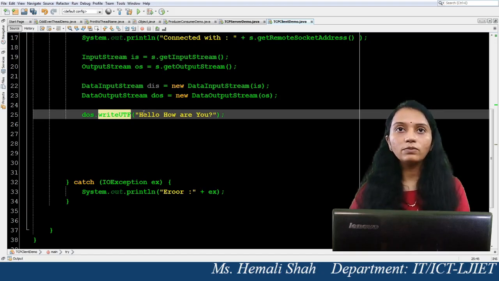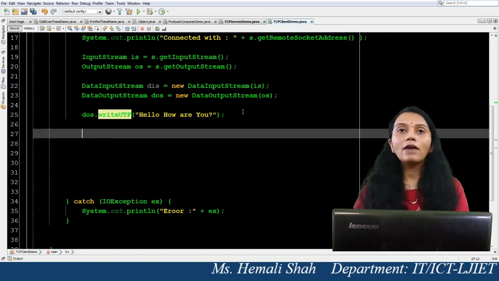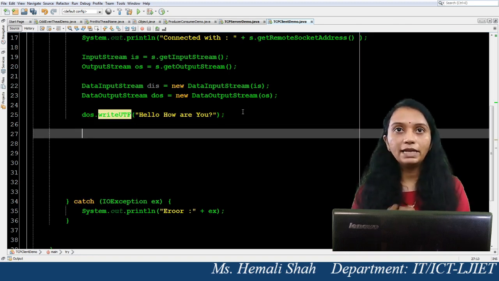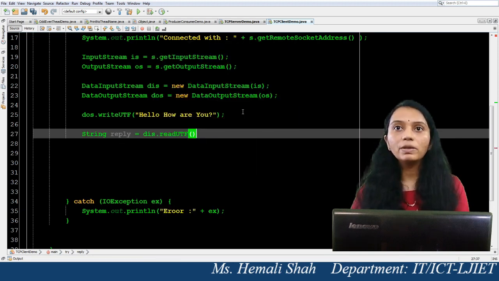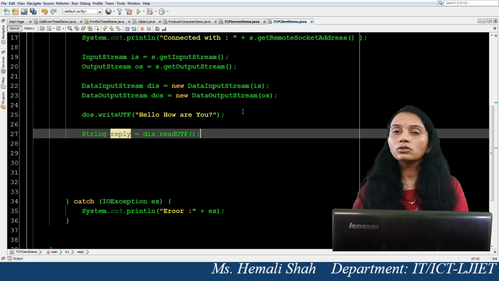This is the data that I want to send to the server. Now after sending the data to the server, the server will generate the reply, and I am taking that reply back into a variable called reply, and you can read it by using the data input stream object's readUTF function, because in the opposite program you used the writeUTF function. So in this program you have to read by using the readUTF function.